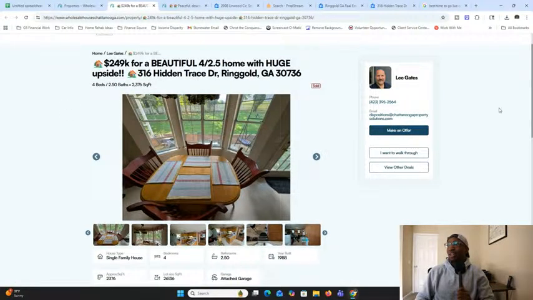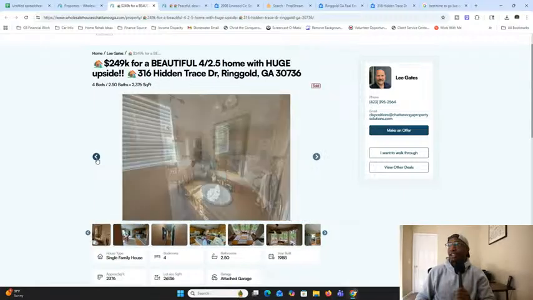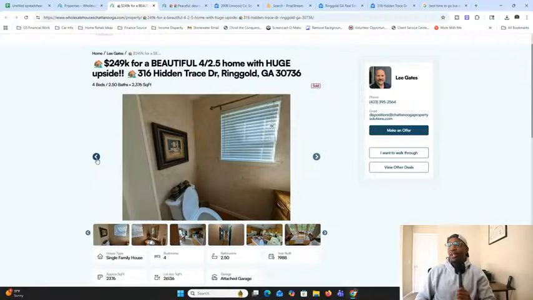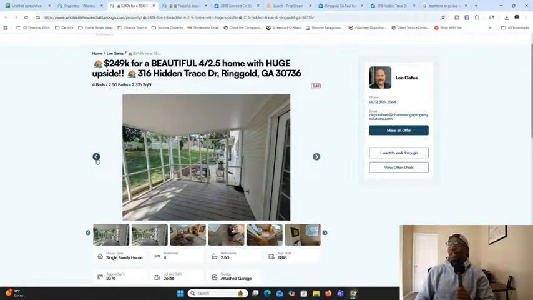a listing from a wholesaler in the area, and they listed this a couple months ago, I believe in the summer. And so they were charging $249,000 for this listing. Well, not for the listing, essentially for the contract, since they're wholesaling. And so 249, it's 4 beds, 2.5 baths, and it has the address. So calculating ARV, offer, all this,